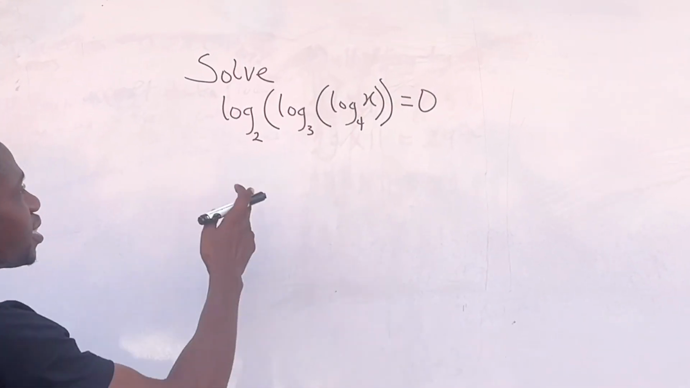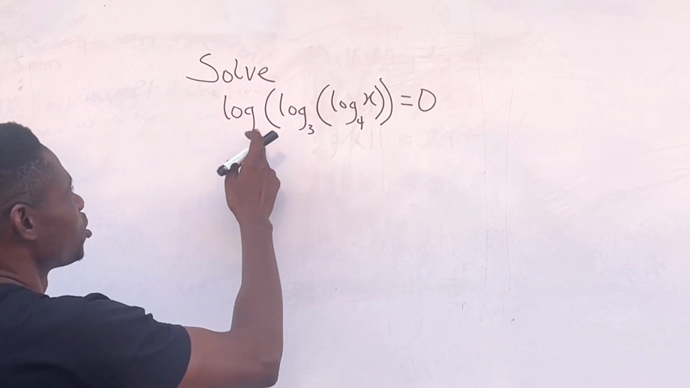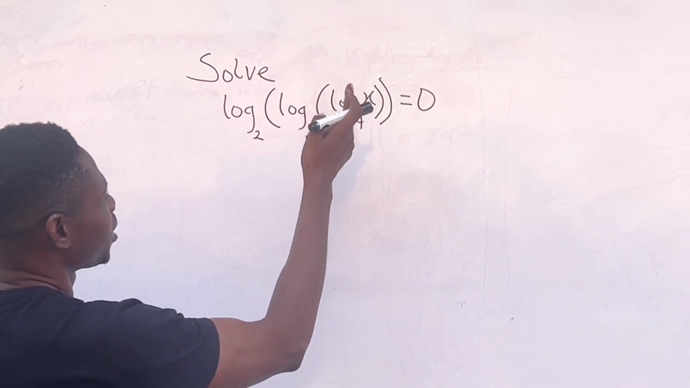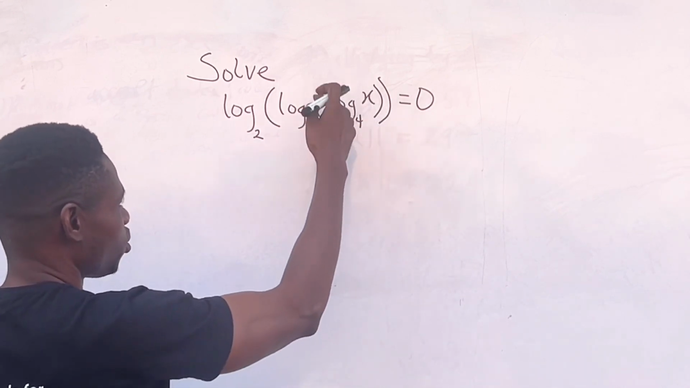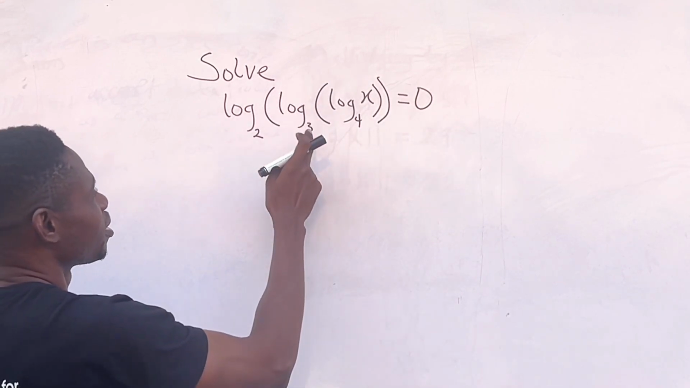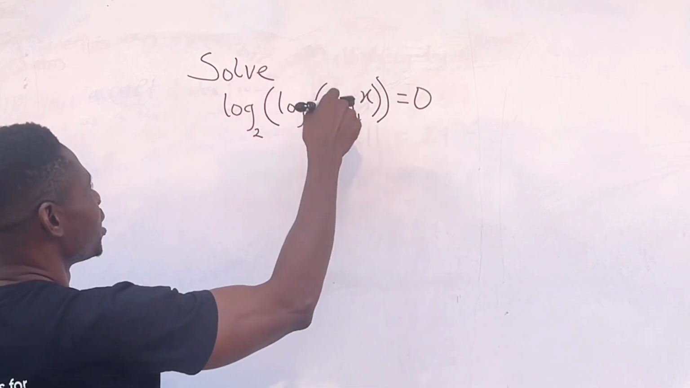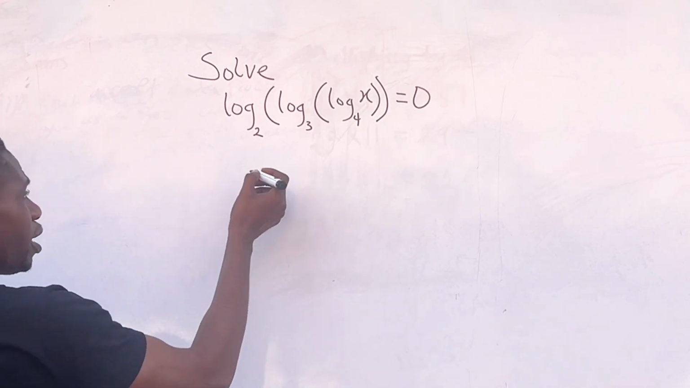So we have this logarithm problem that has log to base 2, and let's come from within. So we have log x to base 4, whose value is having log to base 3, and everything having log to base 2. So let's do it this way. Now, if you remember,